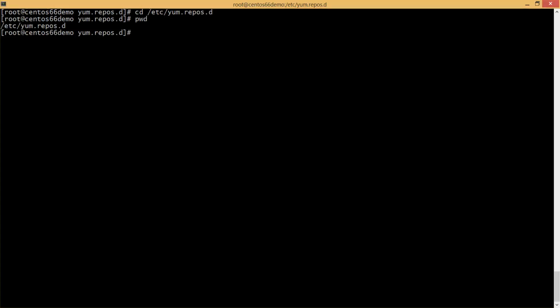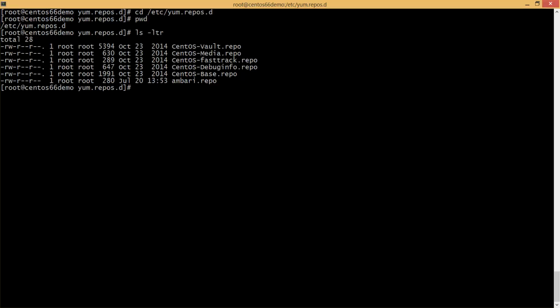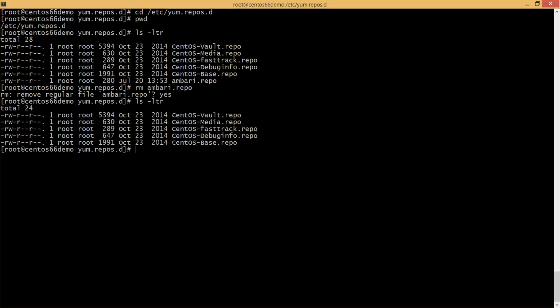I'm already in that location, and if you run the pwd command, you will see the directory. And when you run the ls -ltr command, even with the base installation, you will see a bunch of repo files. Let me remove the Ambari repo. So you have a bunch of repo files,